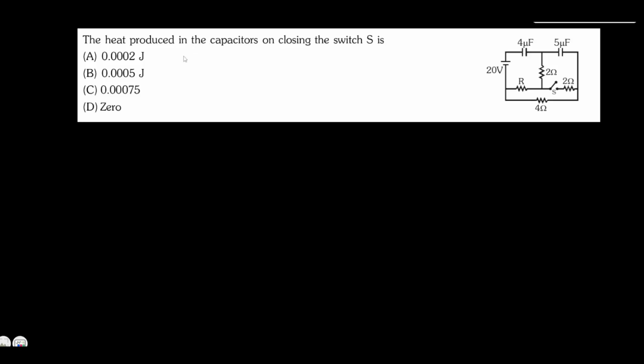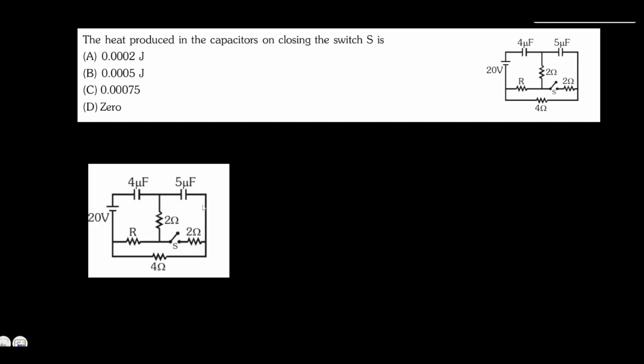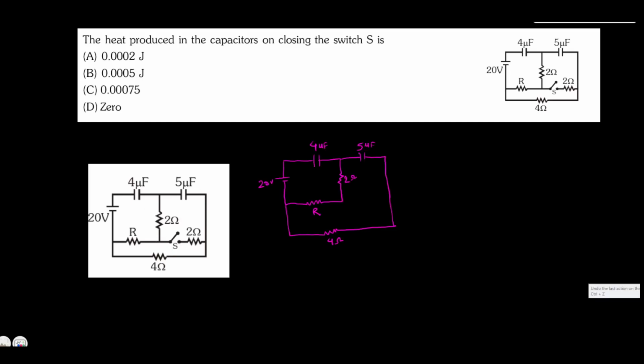So in this question we have to calculate the heat produced in the capacitor on closing the switch S. So this is the circuit that we have. Now when the switch is open, then this is the configuration that we will have. Now we know that when a capacitor gets fully charged, it offers infinite resistance. So when it offers infinite resistance, if I remove this capacitor from here, the circuit will become